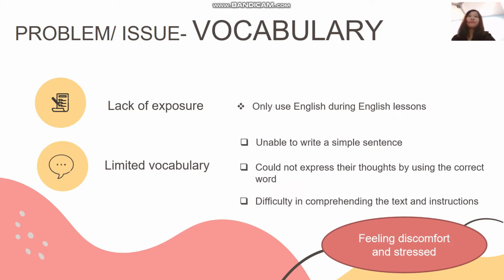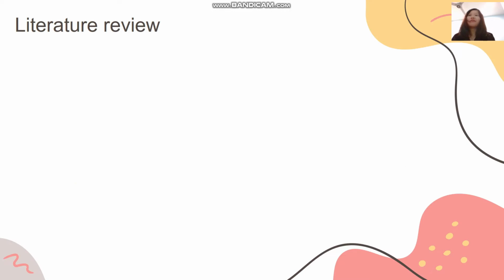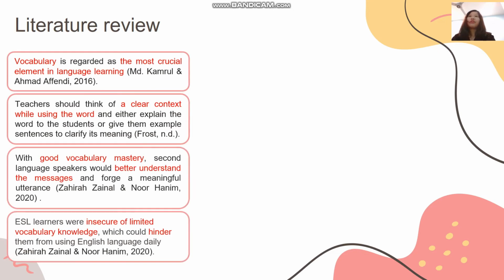So before moving on to the intervention, word mapping strategy, I would like to introduce some of the literature review. The literature review says that vocabulary is the most crucial element in language learning, and it should have a clear context while using the word so that pupils can understand better. And also, ESL learners will be insecure due to limited vocabulary knowledge, which could hinder them from learning and